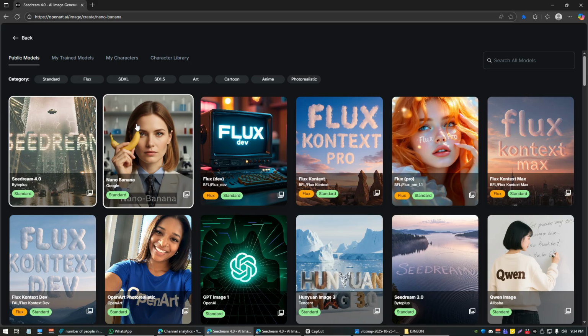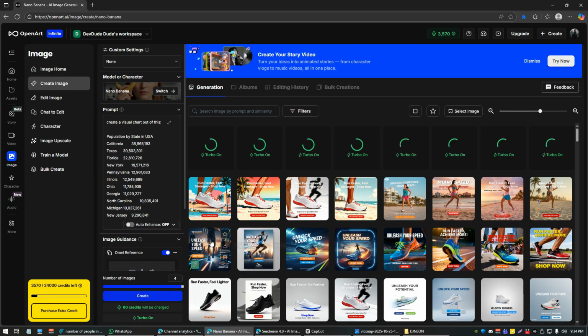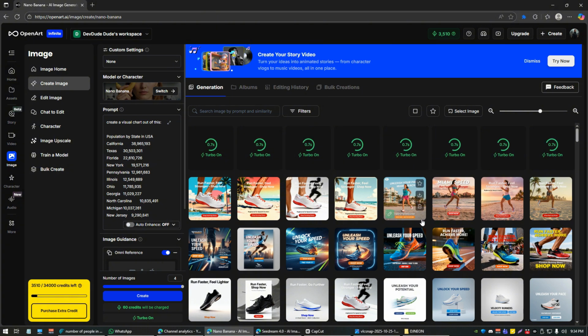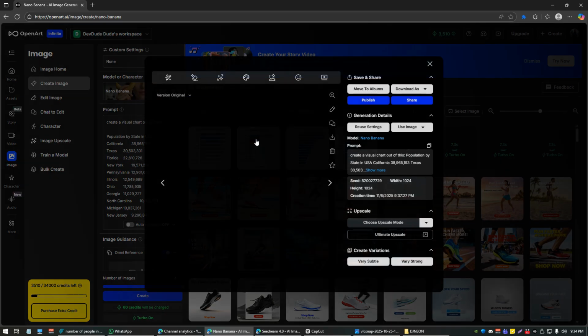Nano Banana, Seed Dream are going to handle this, I think, pretty well. Other models will probably not handle something complex like this. They might. I don't think so, though. I don't think they will. Like I say, Nano Banana came around, Seed Dream came around, and they flipped AI image generation on its head by just what you can do. Okay, so there we've got our